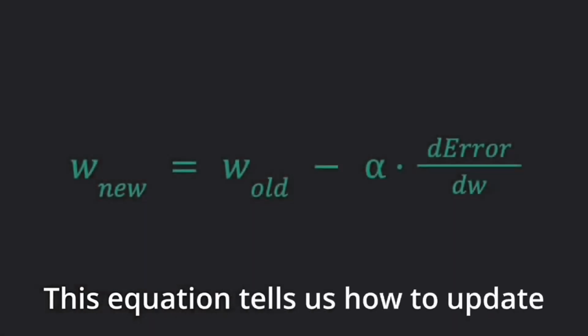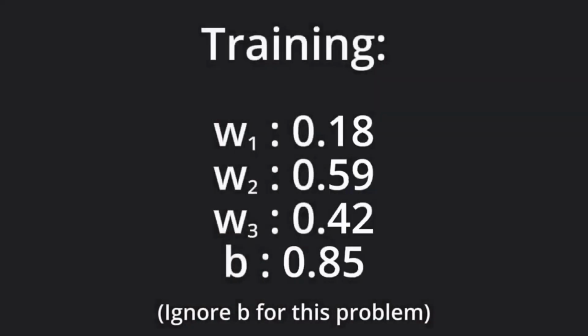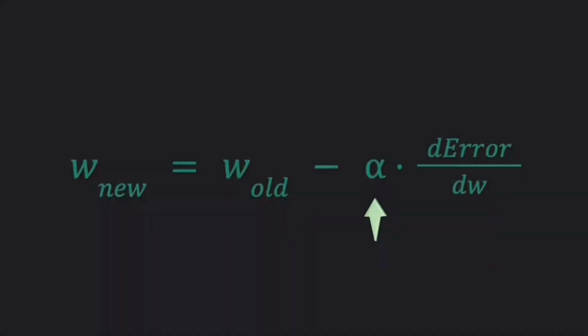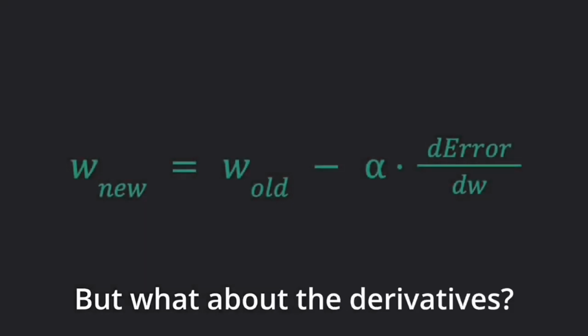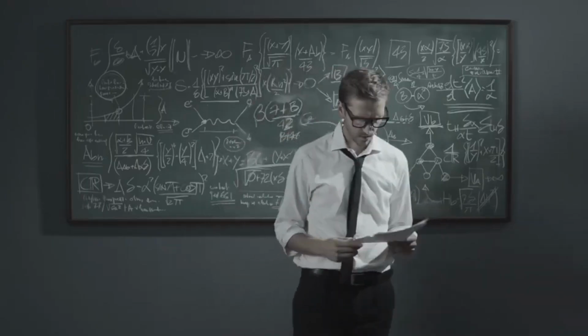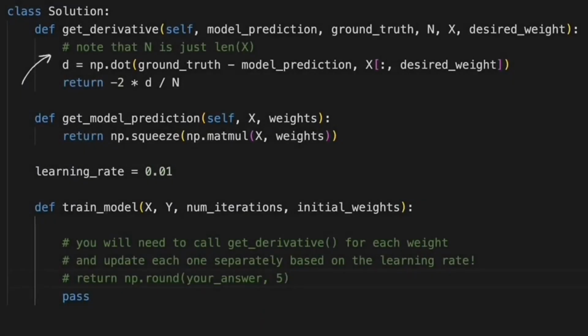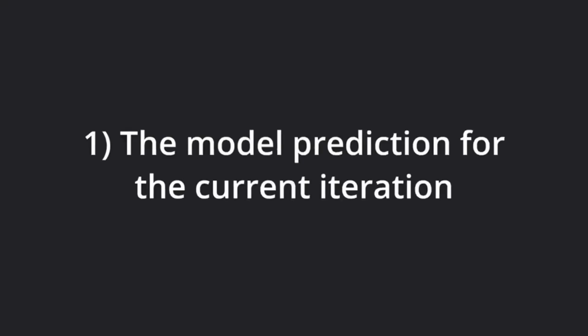This equation tells us how to update each parameter at each iteration. Let's use it to update W1, W2, and W3 at each iteration. The learning rate, alpha, is given to us as input, but what about the derivatives? Fortunately, we don't have to calculate the derivatives by hand since I provided the getDerivative function beforehand. GetDerivative just requires us to pass in the model prediction for the current iteration as well as the desired weight,